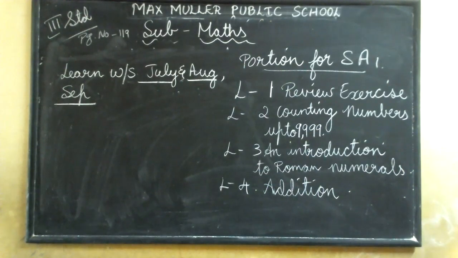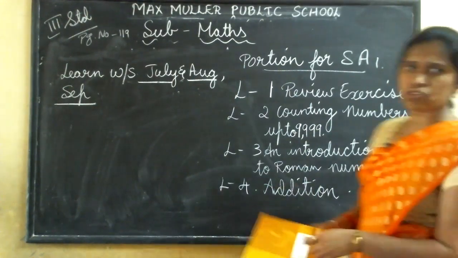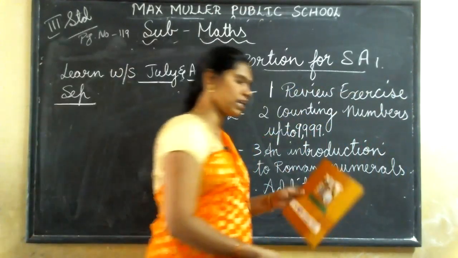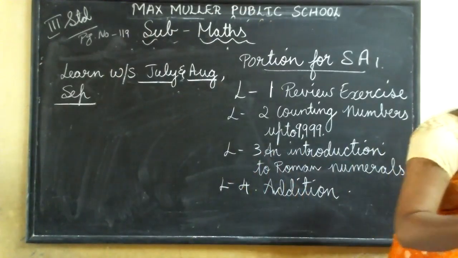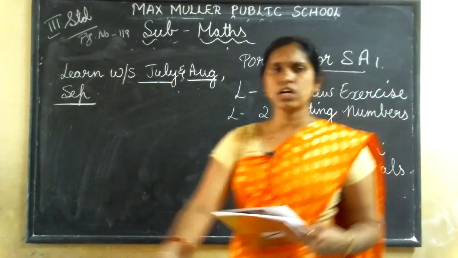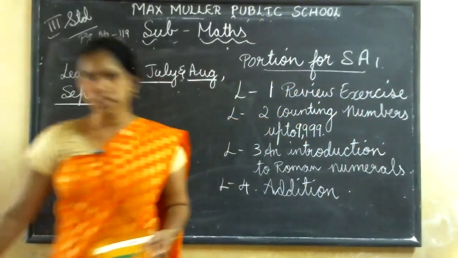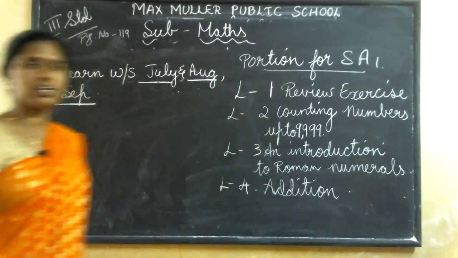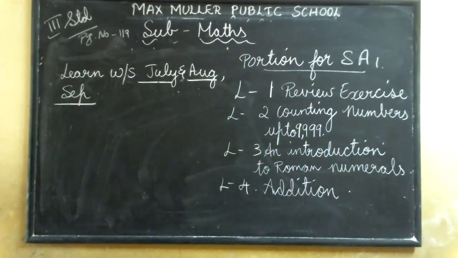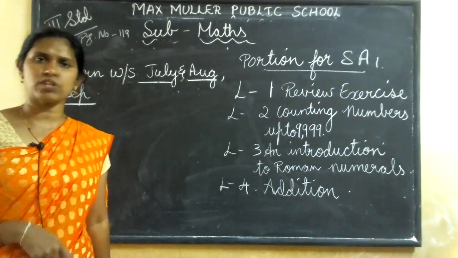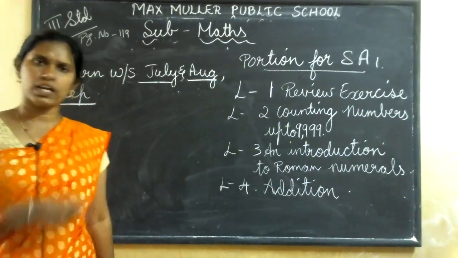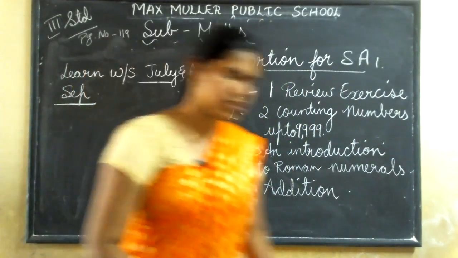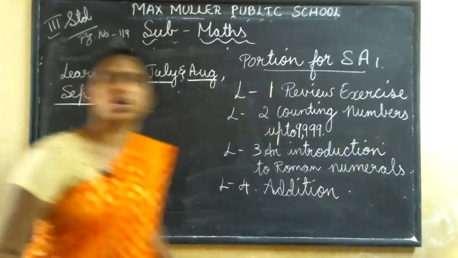In the last class, I have given revision also. Yes or no? That revision also you should learn for SA1. That only, worksheet only, I have given as revision. After writing this, take out the rough notebook where you have written revision. Last time you have written revision; that book only, you continue there only. We'll practice a few problems. Understood all of you? Finish, pause and copy down this one.